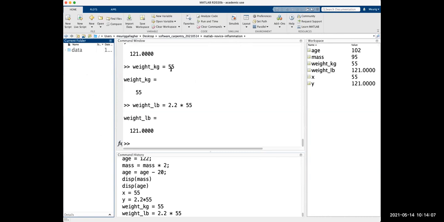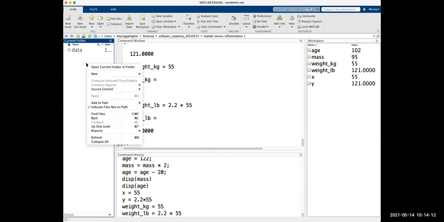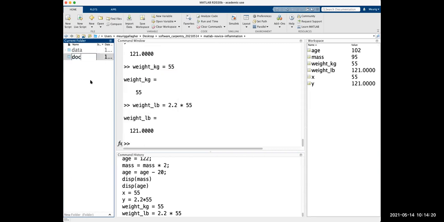If we have any documentation or maybe text files that we want associated with our code, we can put them in a doc folder. So if we right-click in the current folder, we can go to New, and we can click Folder, and we can call this Doc. So in this folder, we could put maybe all the literature that we have about what's going on. We could put any information manuals. Maybe we downloaded a MATLAB guide that told us how to do something that was really crucial to what we were doing. I'd put all that in there. Obviously, we've already got our data folder, and our data folder has all our data in. So that's really nice and neat.